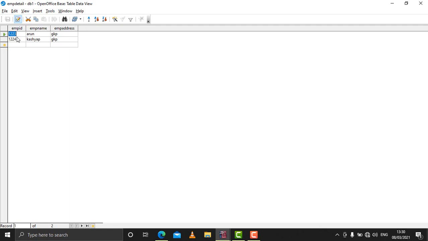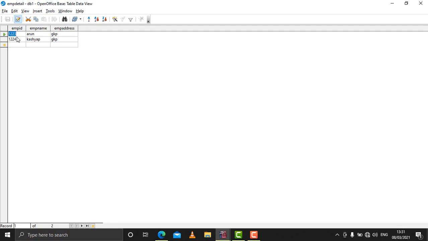If you need to enter only text, say for example name or address where only characters are entered, then for that we can use text type data. The next is date data type. If you require to enter a particular date, then for that we can use date data type. The next is time. If you want to specify time in a table, then we can define time in a particular field. Time is a data type.